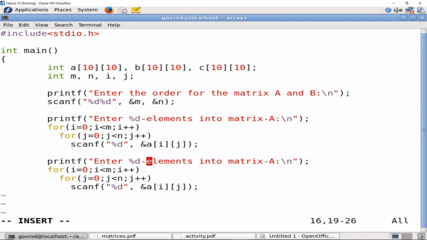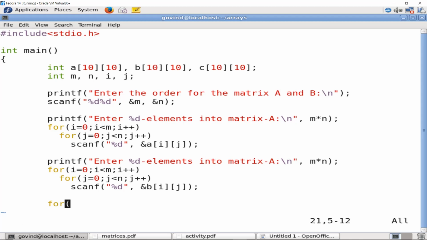First of all, I should write m star n here, which has been missed in the previous printf statement. I'm going to correct it. Next, everything remains same except B. Next, I need to perform the addition of two matrices. For that, again, I'm going to use the for loop.